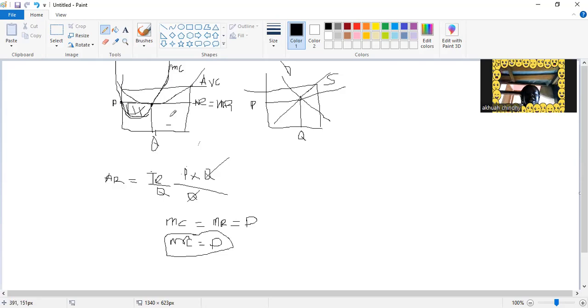So we see that a firm will only produce more if the price is high. The firm picks up its price from the market. So if the market price increases, the firm's price or demand curve will shift upwards,